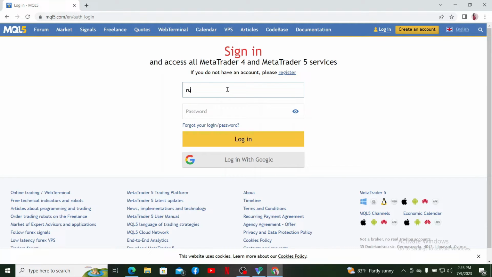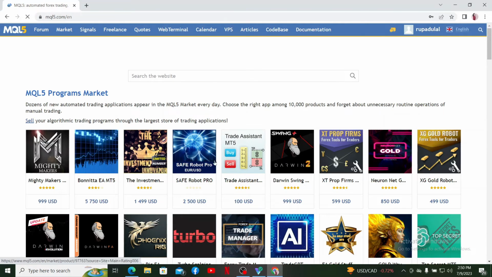Let me start off by typing in my email in the first text box. On the next field, type in your correct password. If you've forgotten your password or your user ID, you can click on this forgot your login/password link and follow through the prompt. After filling in all of your details, click the login button, and soon after you do that,